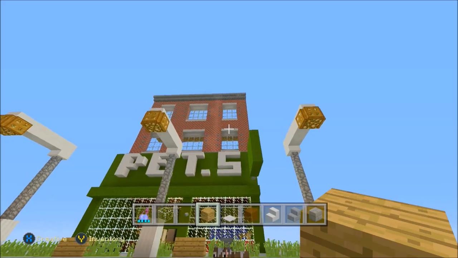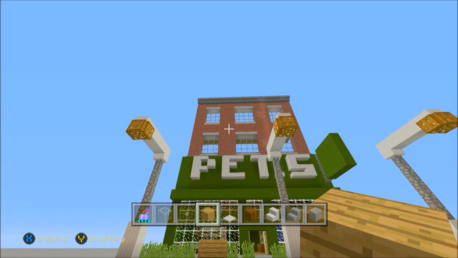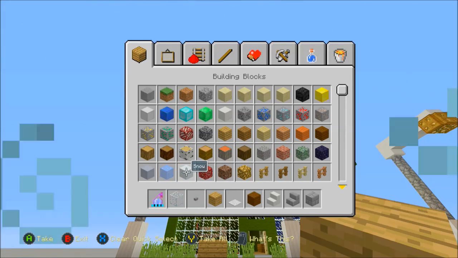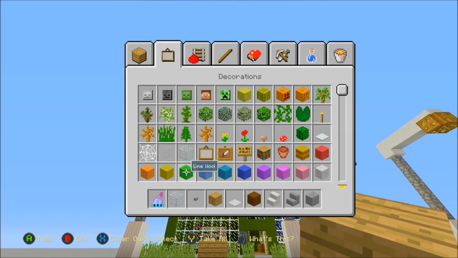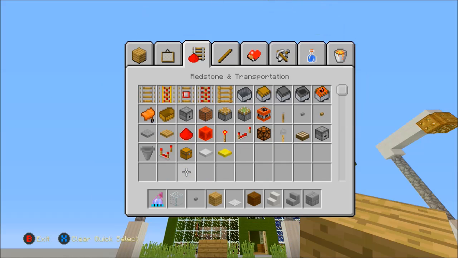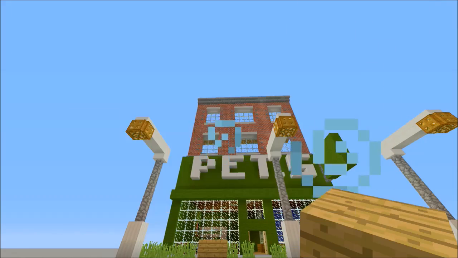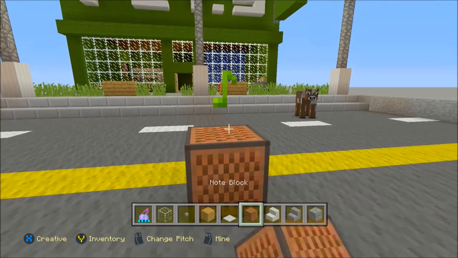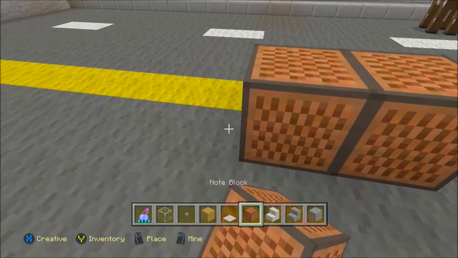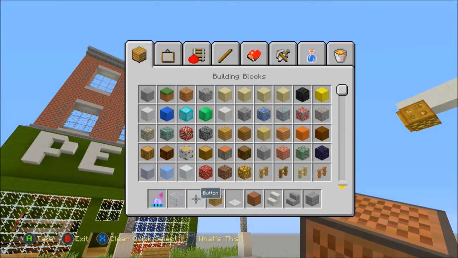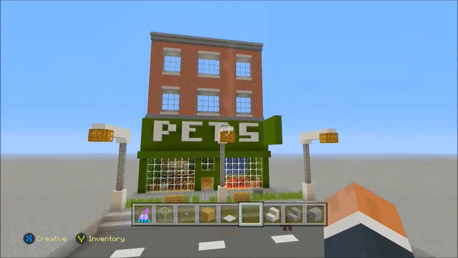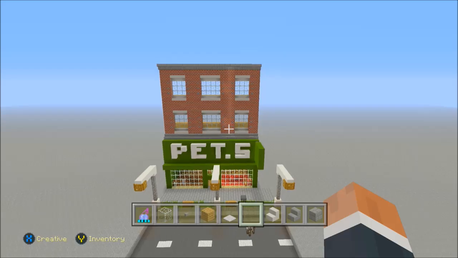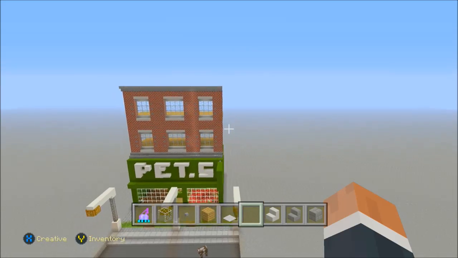Although brick doesn't look the best texture to use, you can use some alternatives. You can use sandstone. You can use quartz if you want. There aren't too many textures. You can even use a note block. I think Dan Lags built an amazing jukebox house. I really have no idea how he did it. That's just amazing. You can use other textures if you want, but brick is just the main thing to use.